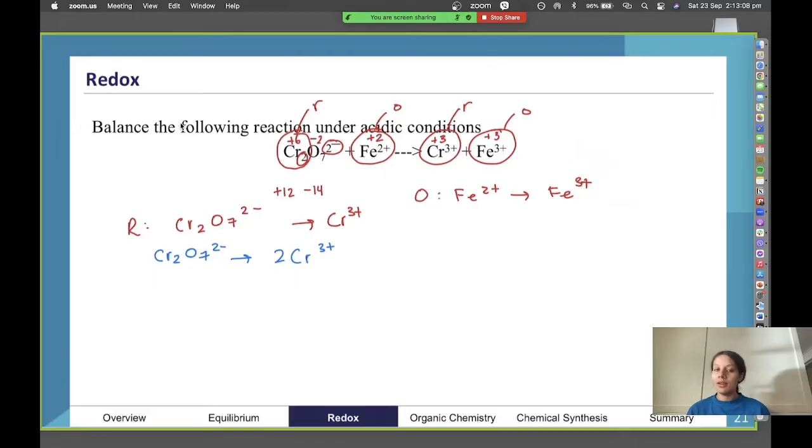And then the next step is we want to balance our oxygens. So if we have 7 oxygens on the left and none on the right, we're going to balance the oxygens by adding 7 waters onto the right-hand side. That's always the next step after non-O or H elements: we always balance oxygen. And now we're going to balance hydrogen. After we've added water, we have 14 hydrogens on the right and none on the left. So we're going to add 14 H+ onto the left-hand side.